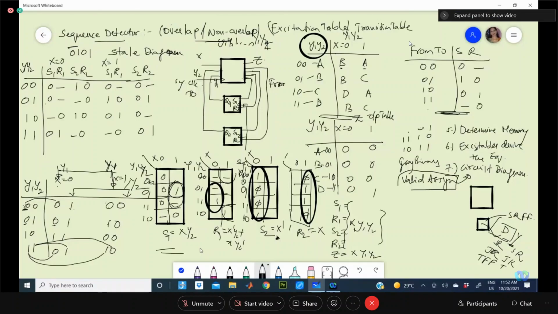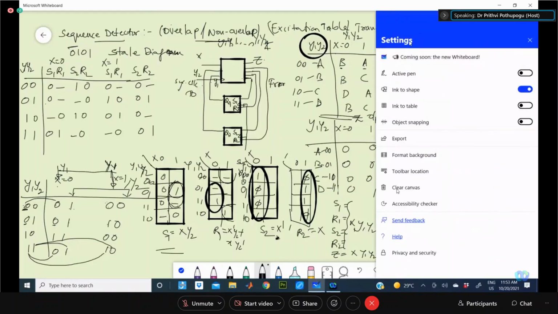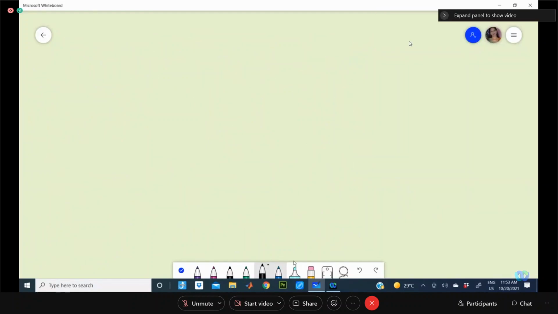Counter. I think counter design we have seen in the combinational logic. If you remember, the up counter, down counter sort of thing we have done. What is the concept of counting? That means however many counts you have, that many have to be completed, and then it has to reset back.